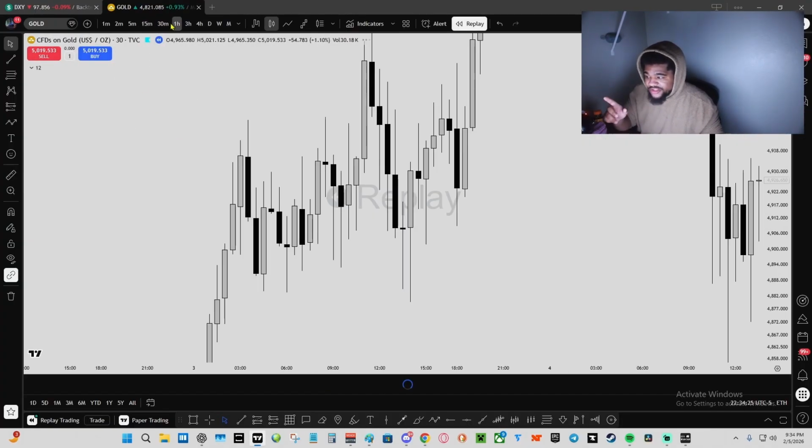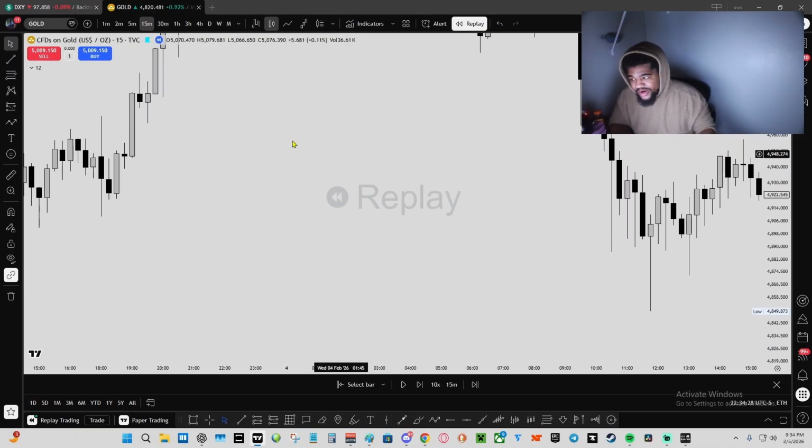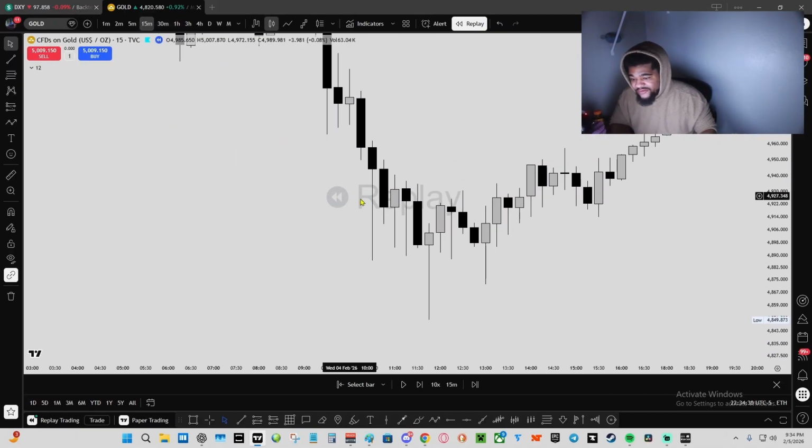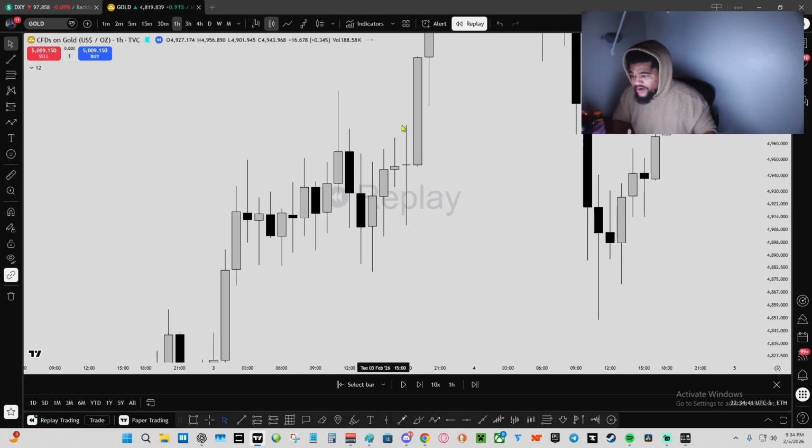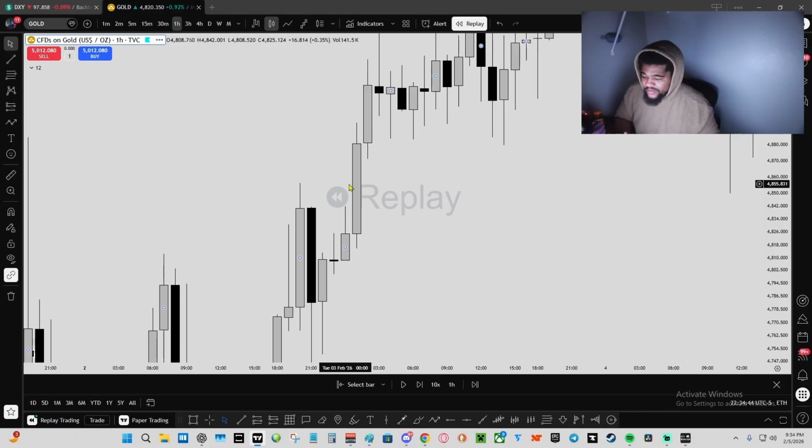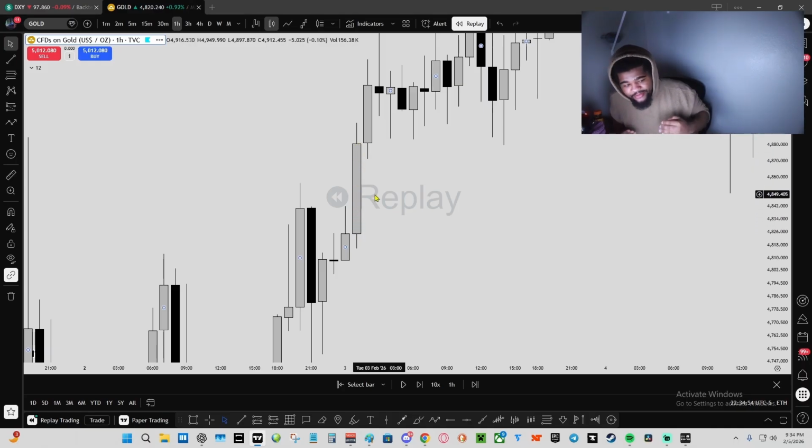Because we can choose our set period of time up here, right? If we're on a 15 minute time frame, each candle is 15 minutes worth of battle. By the time the candle closes, it is a screenshot of how that battle went. If we're on an hourly chart, this is 1 hour worth of battle. And by the time this candle fully closes and the next one opens up, this is a heroic screenshot of how that battle went. The heroes were able to overcome the villains inside of this screenshot.